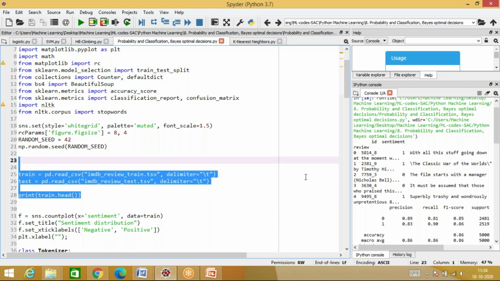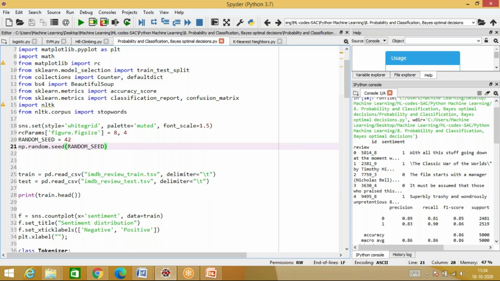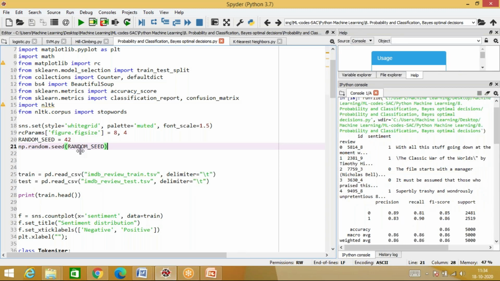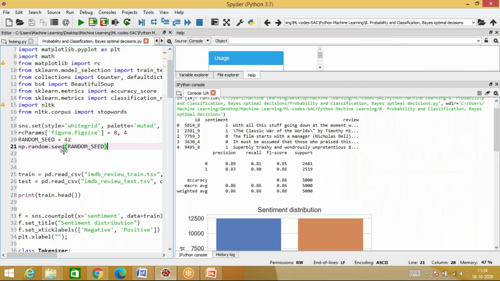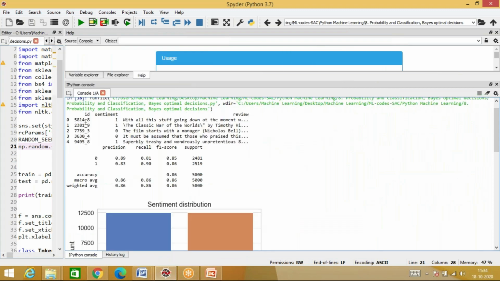So when I display this, it will display the first 5 rows. Now if you see, the first 5 rows that I'm getting are these. So you just get an idea that, okay, the file has opened properly. This file actually has 3 columns. First is the ID, the review ID. The second is the sentiment. 1 means it's a positive sentiment, and 0 means it is a negative review. And then what is the actual review? That is what we've got over here.